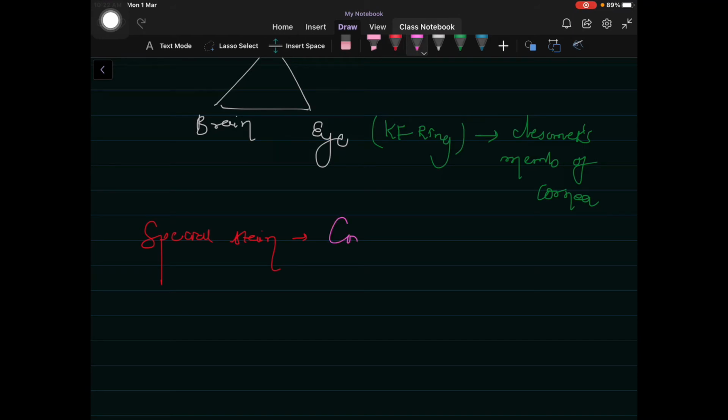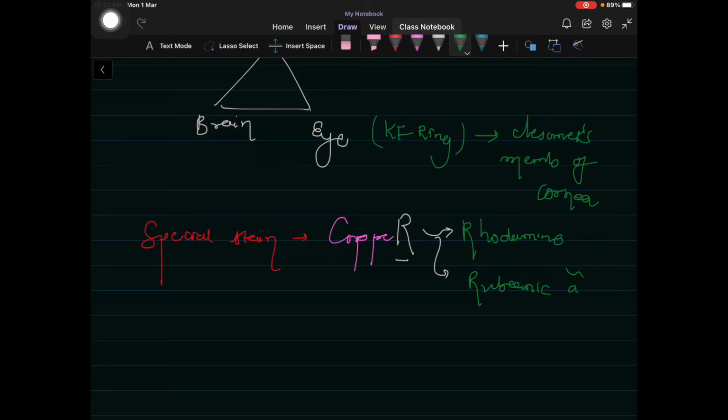As we know, the color of the copper is blue, and the special stains for staining copper are easy to remember. The ending of copper is R. So the stains which are special for copper also start with R, that is rhodanine and rubeanic acid. So it is easy to remember. R is the ending of copper, and R is the special stain, that is rhodanine and rubeanic acid.